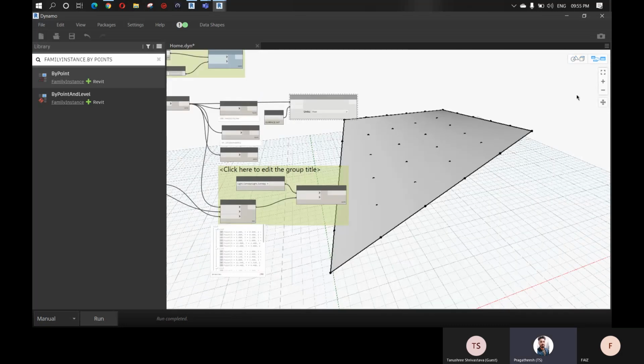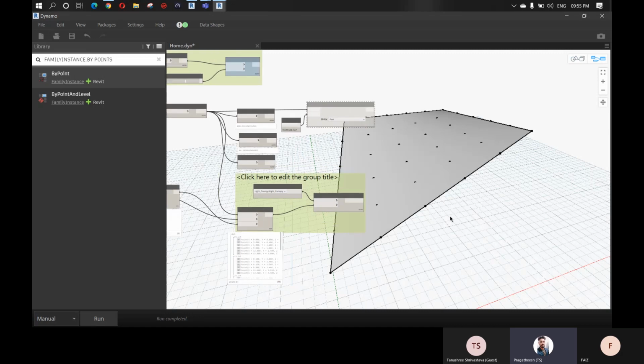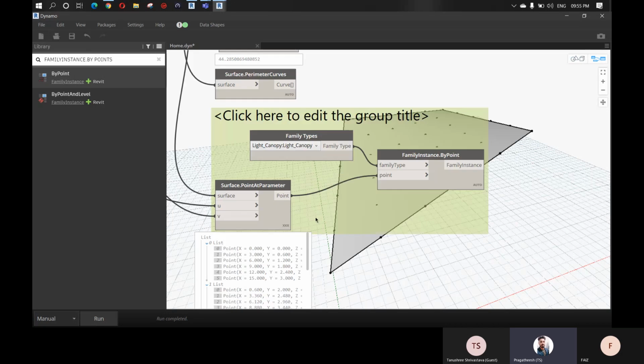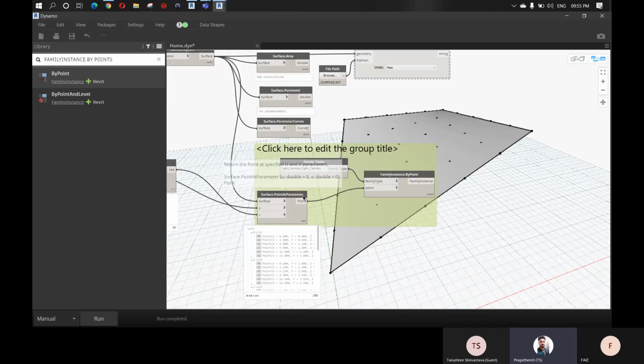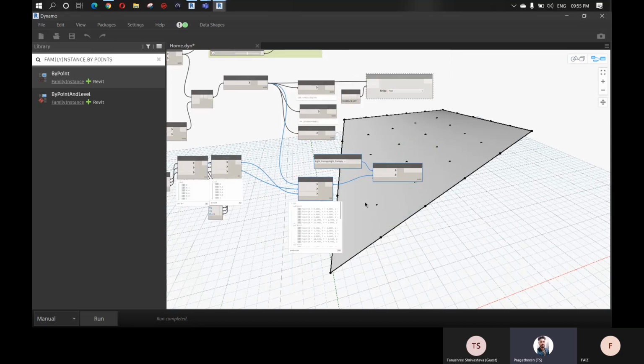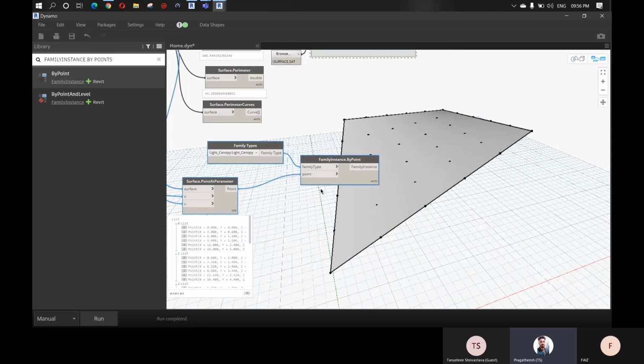Next, let's see how to place some structural framing family. Okay, so first we have this Surface.PointAtParameter. We can use this one. This is the most important here.